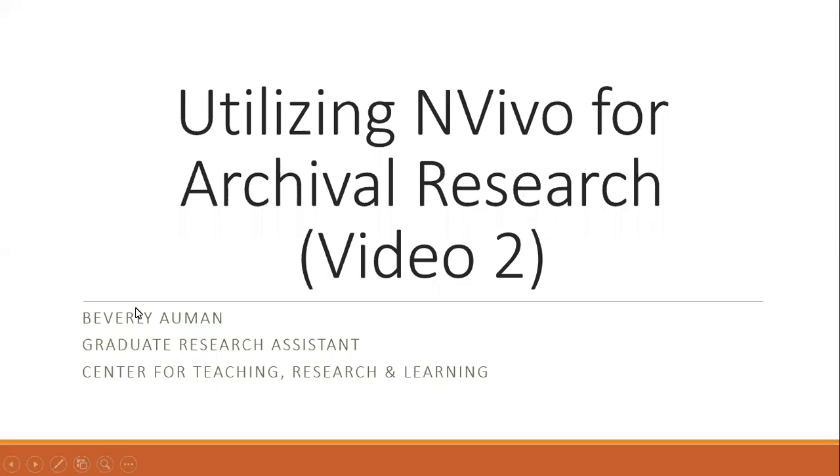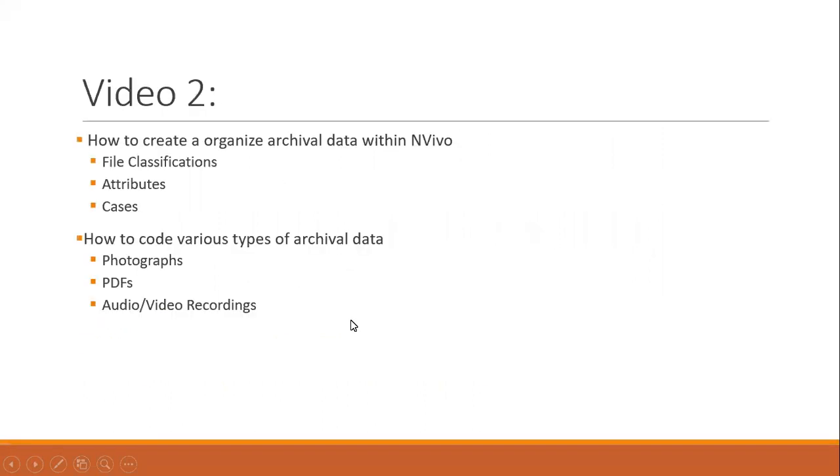Welcome to part 2 of the NVivo workshop for archival research. This part will go over how to create and organize archival data within NVivo using file classifications, attributes, and cases. Then we'll also go over how to code various types of archival data, everything from photographs and PDFs to audio and video recordings. So the first tool we're going to look at that can help organize archival data is file